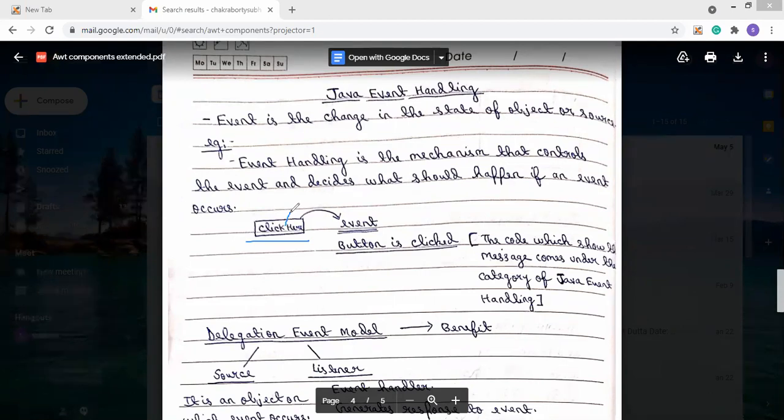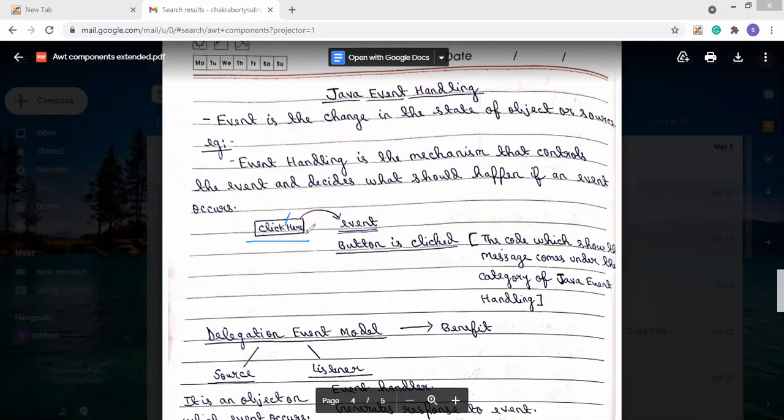Or after pressing the button, some event may occur. Event handling is used for handling the event which is generated. Like we are saying that after pressing the button, it will show that the button is clicked.